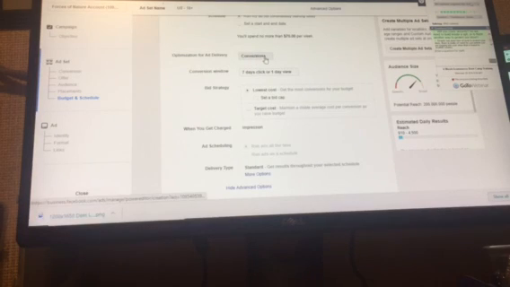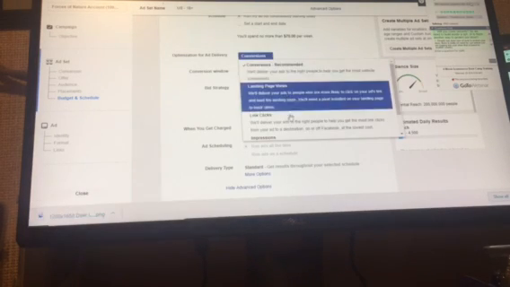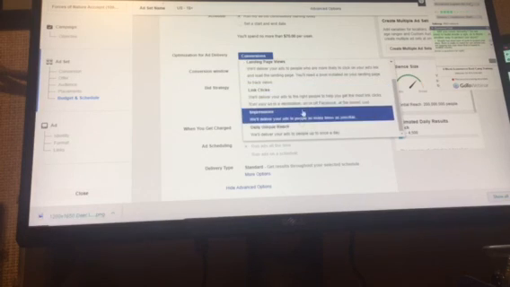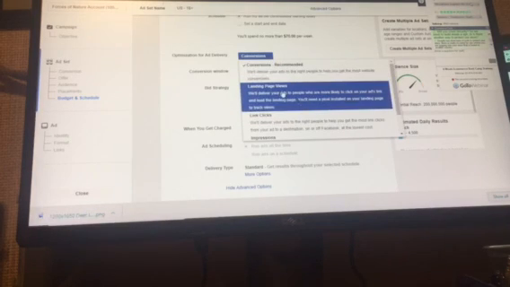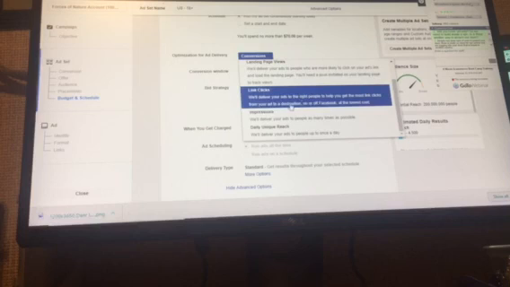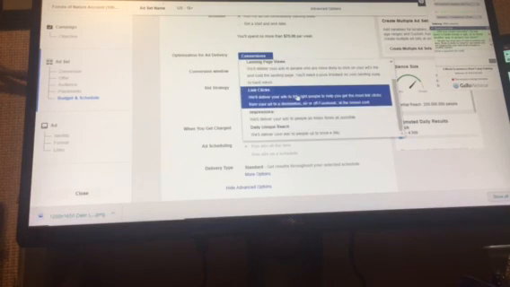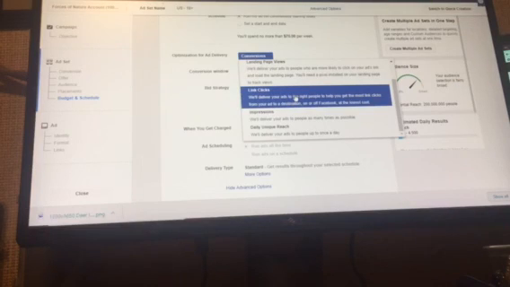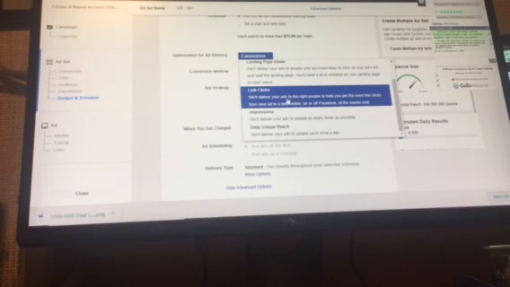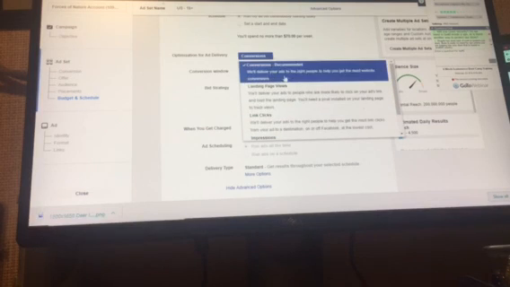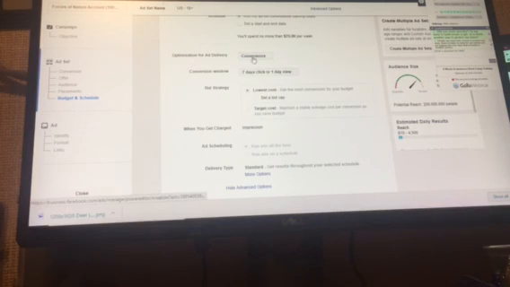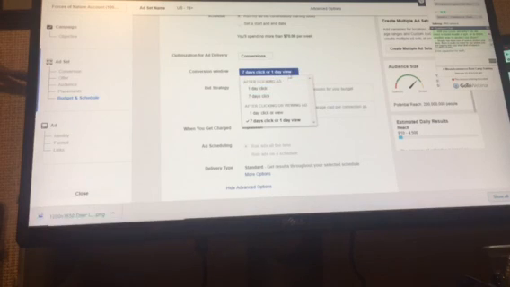Under conversions, we want to leave it at conversions. This is more advanced, with different types of advertising for different things. We don't have a landing page in this case, so link clicks. In this case, we're going to focus on conversions. We could focus on link clicks because we are going to have a link, but not necessarily. We want Facebook to focus on the audience first, and then ultimately generate us link clicks. So I'm going to leave that alone. Then conversion window, 7 days click or 1 day view,